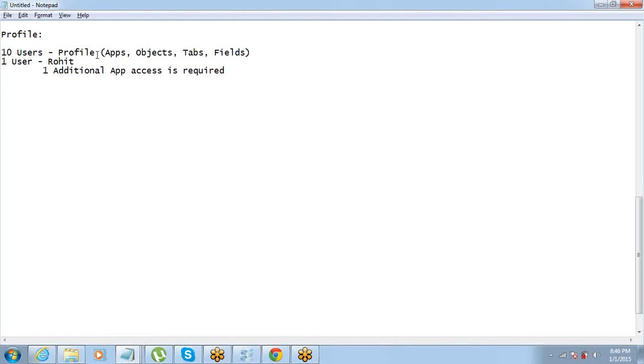Before I start discussing this, now you understand profiles, you understand OWD. I want an answer from you. If you are an administrator, by whatever knowledge you have at this point of time, you should be able to answer. What will you do? You should have an approach. So who will give me an answer? This is the situation: 10 users, I created a profile for all 10 of them, done. Now the business owner came to me and said that this guy Rohit will need access to one more app. What should I do?